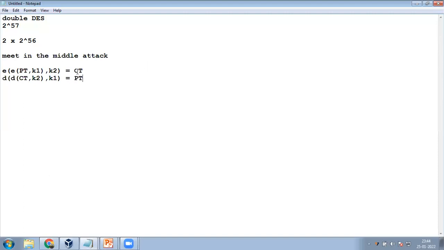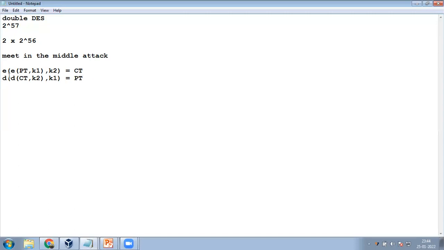Now, you can ask me, should it be only an encryption and then encryption, or can it be an encryption and decryption with K1 and K2? No, there is a lot of logic behind it. It's possible. Only when you encrypt and decrypt with the same key do you get the plain text. If you encrypt and decrypt with a different key, you don't get the plain text. So it could be a decryption and then an encryption, then a decryption, using K1 and K2. There are a lot of options, a lot of modes, I'd rather say.